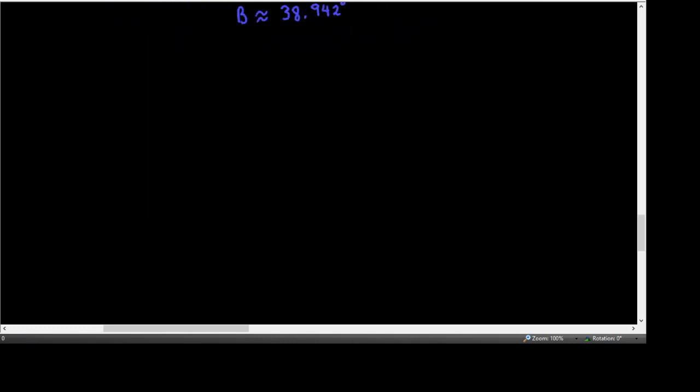Okay, so next example. Solve the triangle ABC if A is 9.47 feet, B is 15.9 feet,